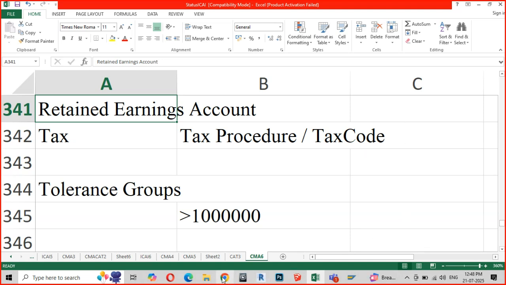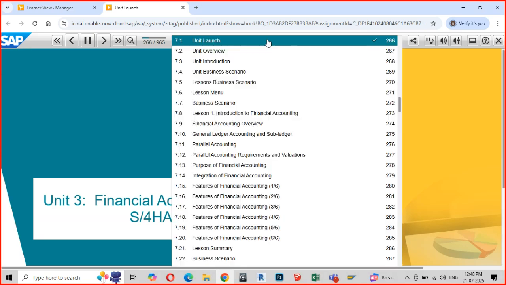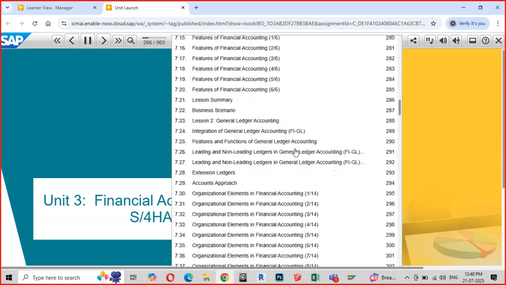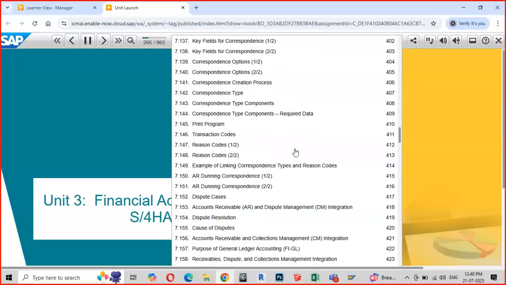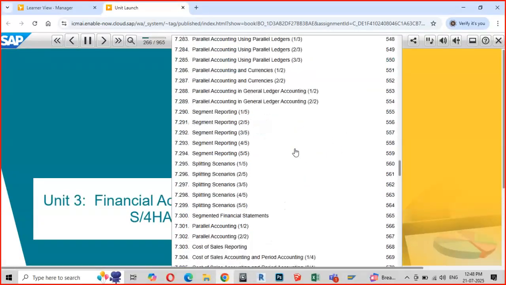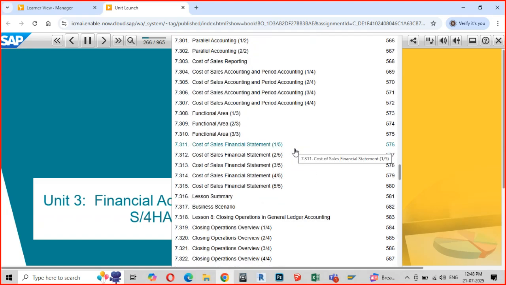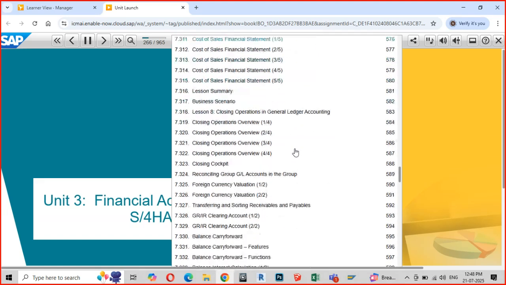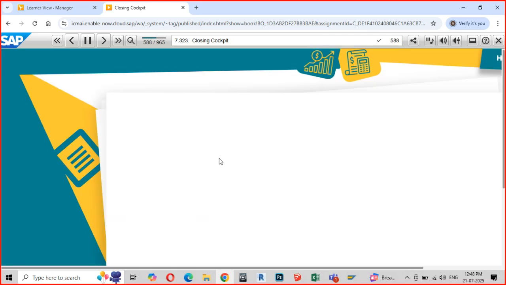Now let us read through the document. So we had almost reached 600 pages, right? We had finished 600 slides or even more than that. See the closing process, as you can see, something called a closing cockpit.